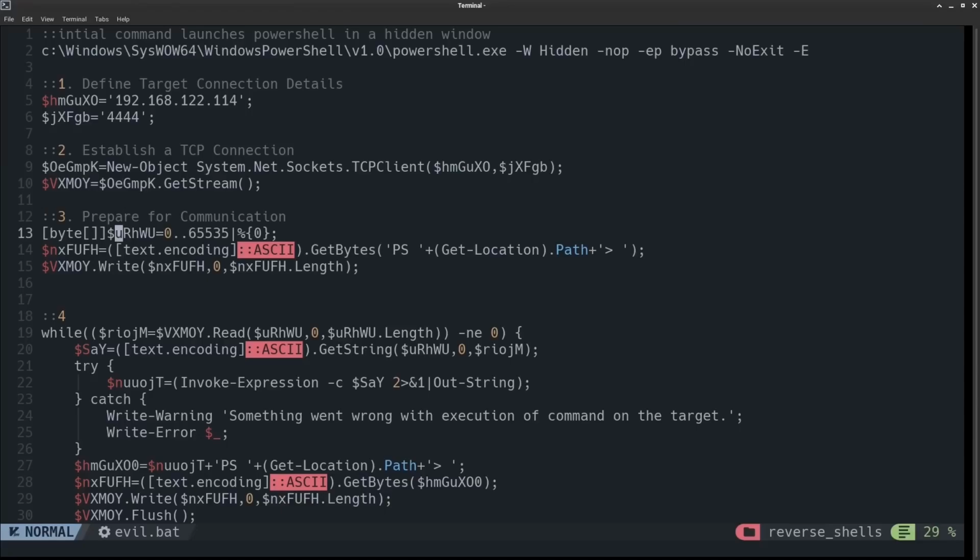So here we're initializing a buffer to store incoming data up to 65,535 bytes at a time. And these next two lines create a prompt string to send back to the attacker. It's going to say PS for PowerShell, since that's the kind of shell that this malware is going to give us. And it's going to tell the attacker what the current working directory is that the malware is executed in first, and then whatever directory the attacker decides to switch to after that